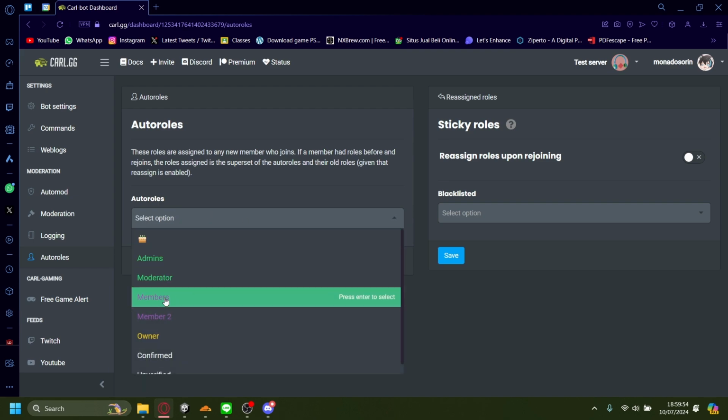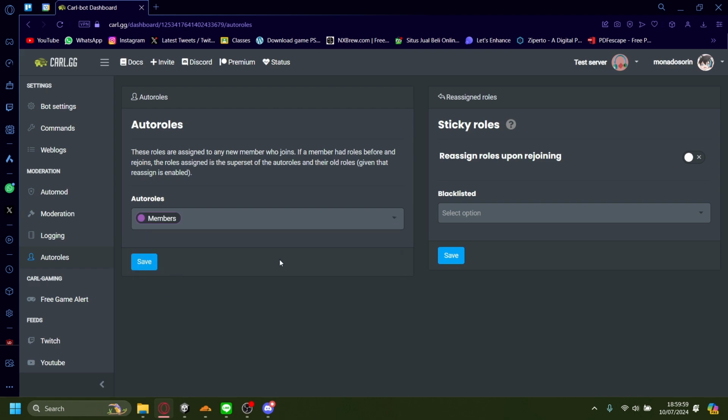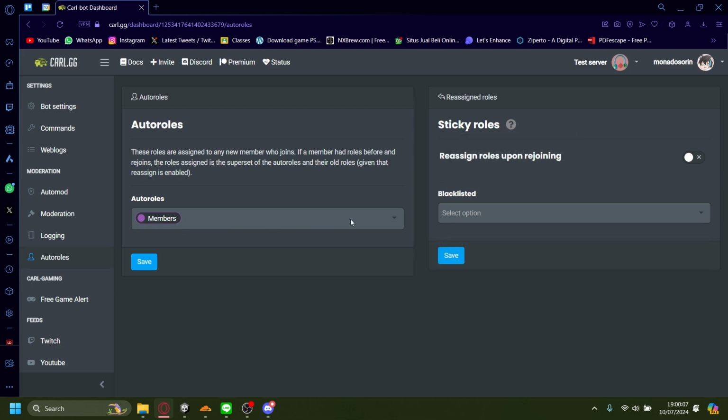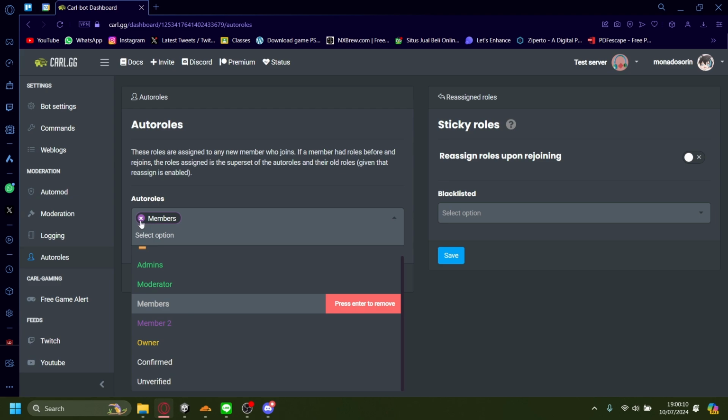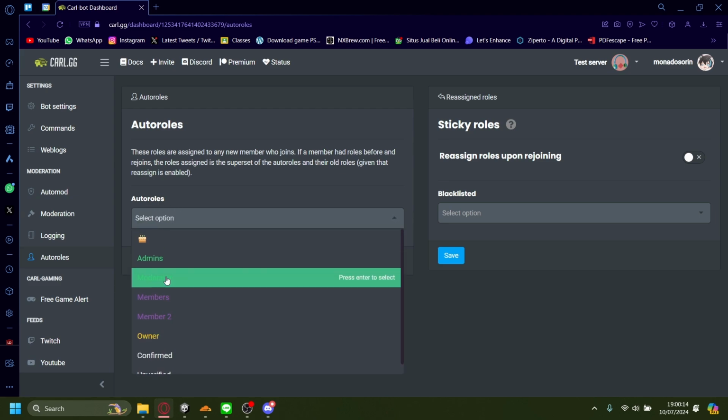Here, let's just pick the roles we want to auto roll. I'm just going to pick members. There's some sticky roles as well that you can mess with. This is a blacklist option if you want. If you want to delete the role, just press that and then you can pick another role, maybe confirmed or